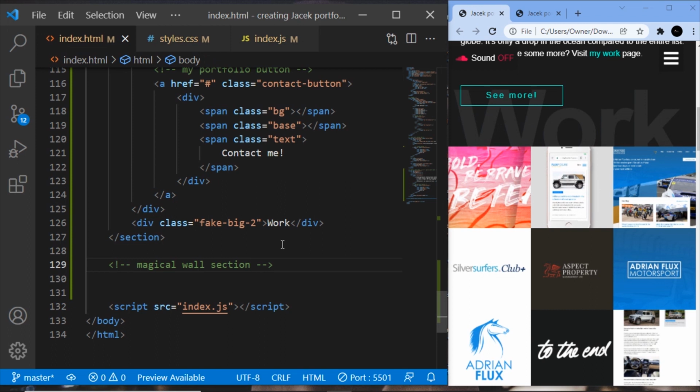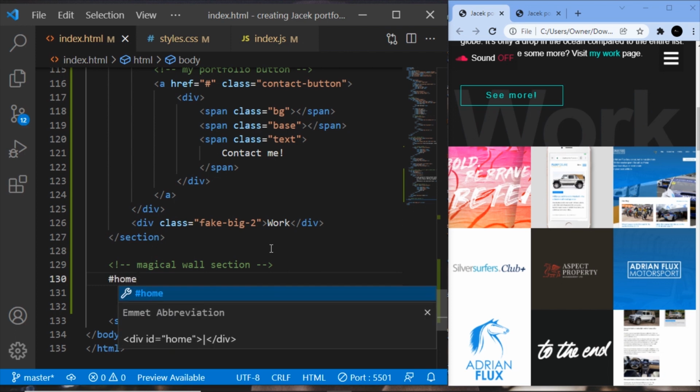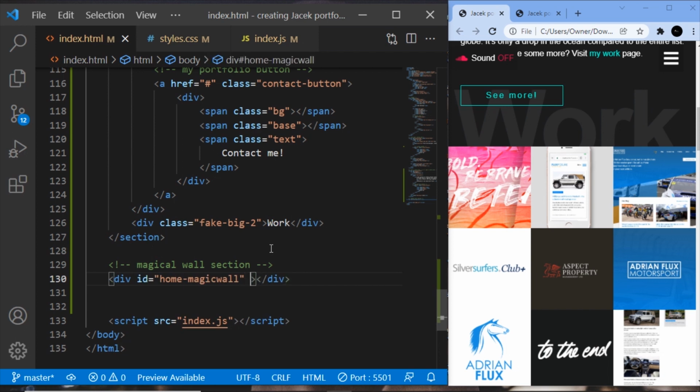This is what we're going to create right now. We are going to have an ID of home-magic-wall, like so. We're still gonna have a class of fake-magic-wall,